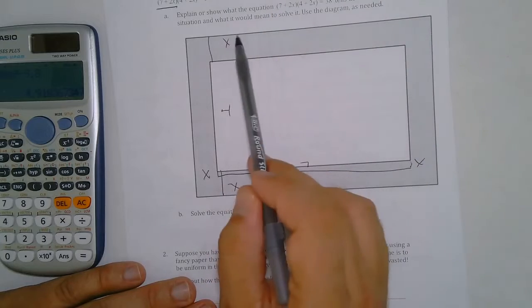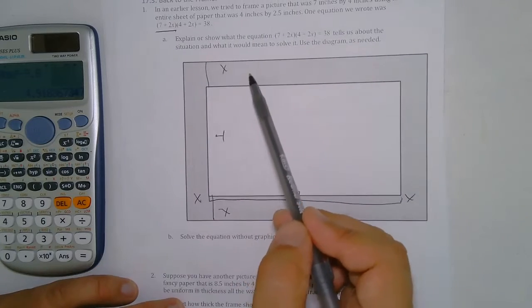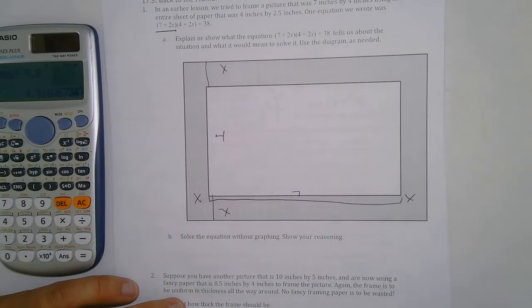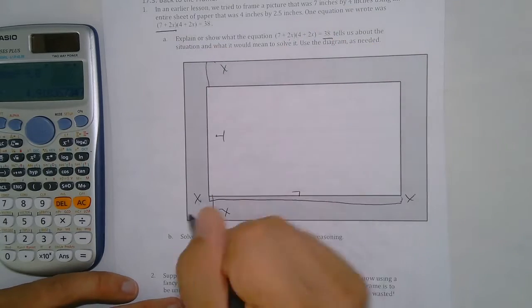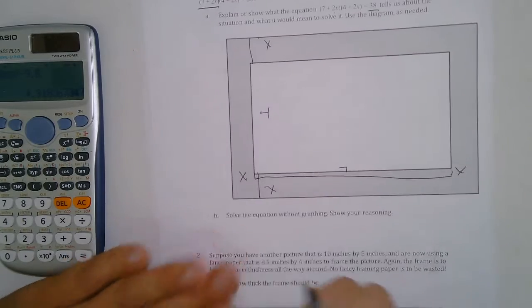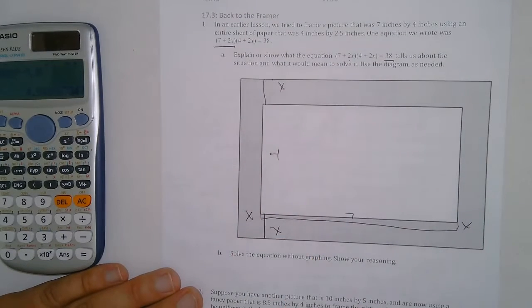So when we solve for x, it's going to give me how long my framing material would have to be, because we have 38 square inches of framing material, and then here is the dimension of x that we're solving. So first, to solve this, we're going to have to do some work before we put it in the quadratic